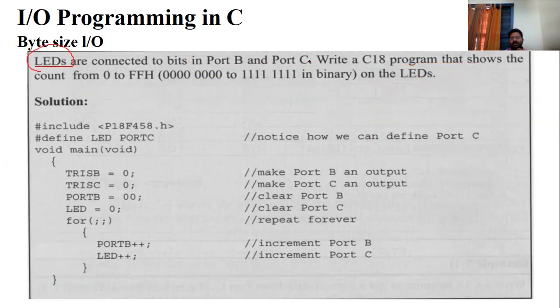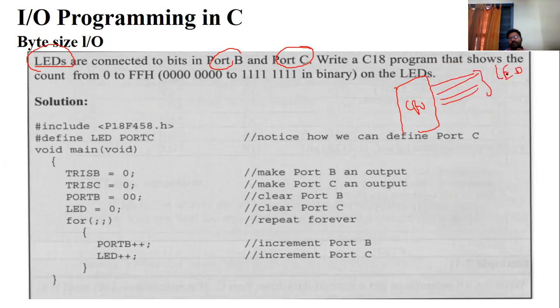And some LEDs were connected. So for that purpose, they are giving port B as well as port C. Simply they are giving the LEDs, they can give in the CPU some LEDs. Port B and port C we are using. So here you can send the information, and only then this LED is on and off. 0 is off as well as 1 is on. For suppose the negative logic, they consider 0 is on, 1 is off. A positive logic they may consider 1 is on, 0 is off.